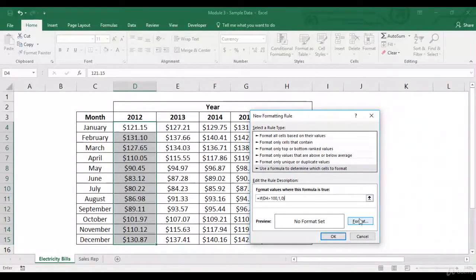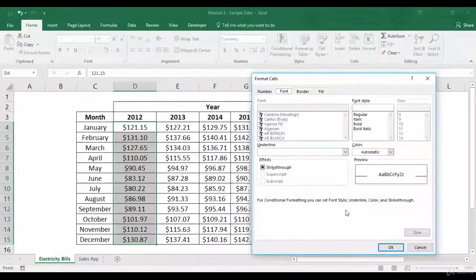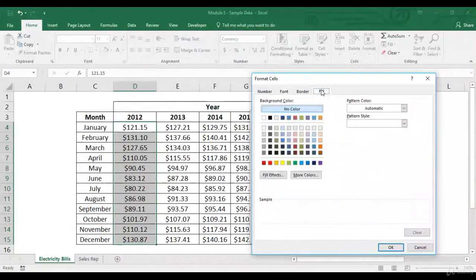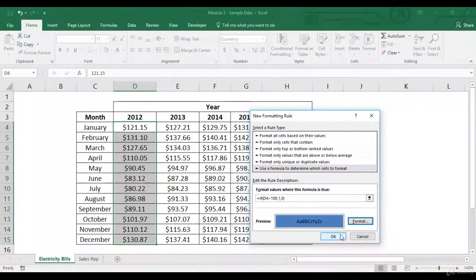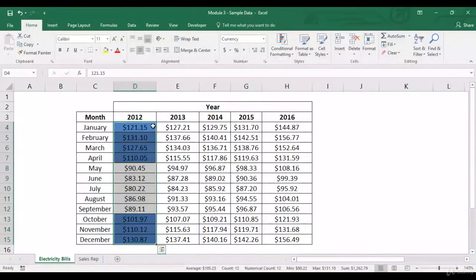Let's choose a format type. Let's fill it with blue. Now let's click on OK. Okay, so it has copied the formula automatically to all these different cells, and wherever the value is greater than 100, it has colored them with blue.